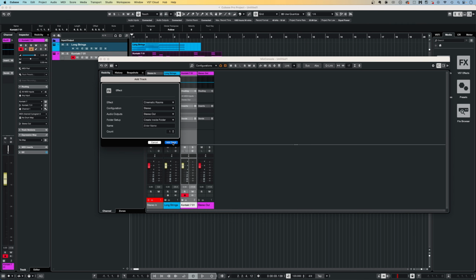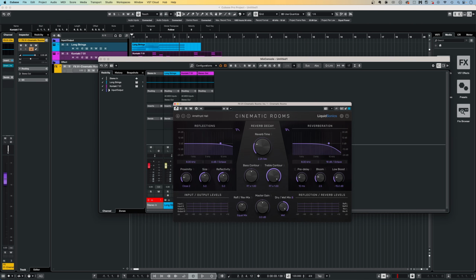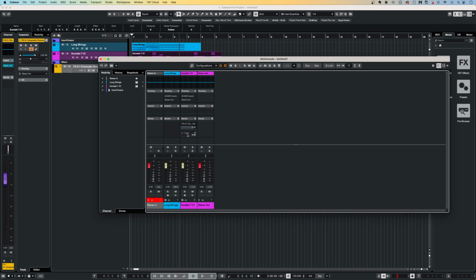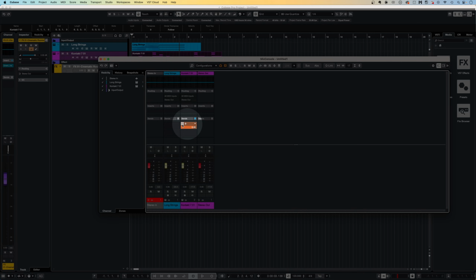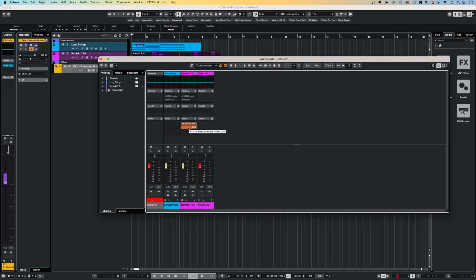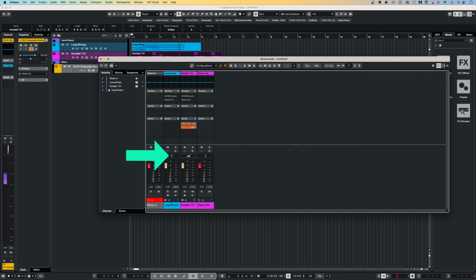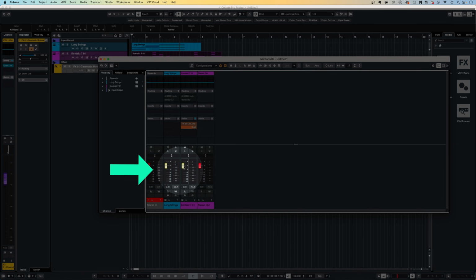Once you've loaded a plugin, like this reverb here, you'll then see the send appear in this area. You can then turn on the send effect by clicking this power button, with control over how much signal is sent to the send as well. Moving down, there are mute and solo options, before your panning control for the track. Next we have the main volume fader for the instrument or track, with the read and write enable buttons below,